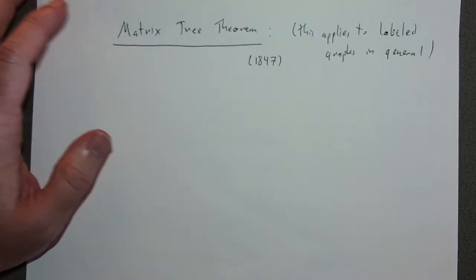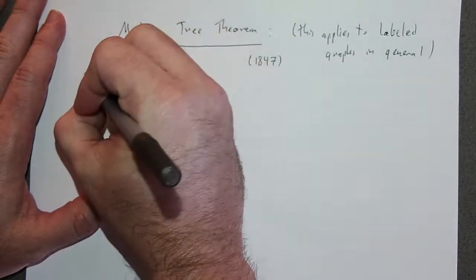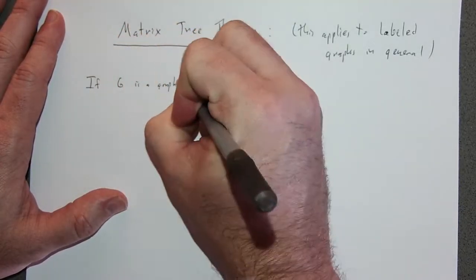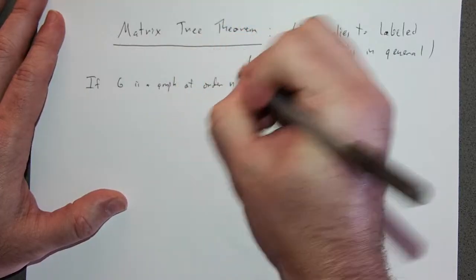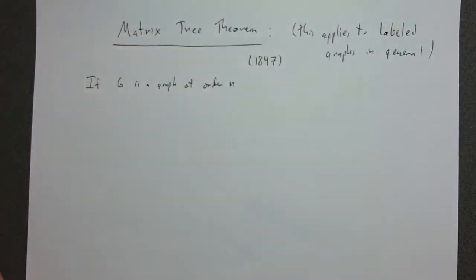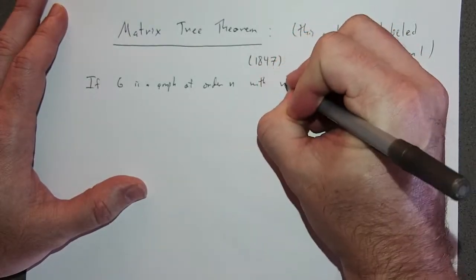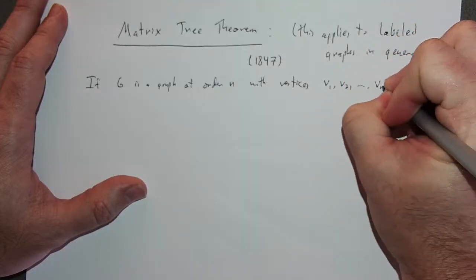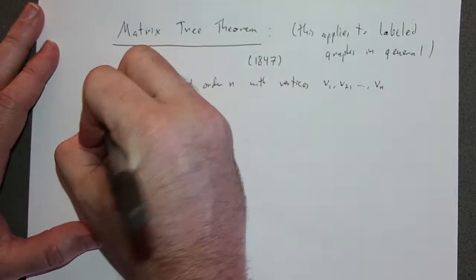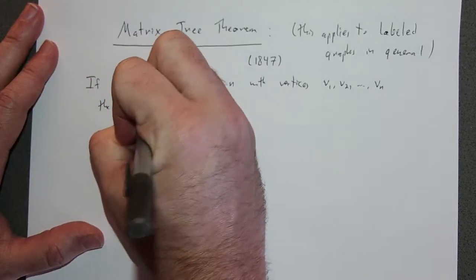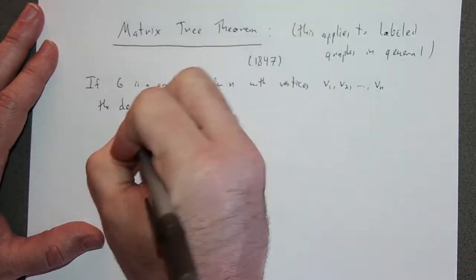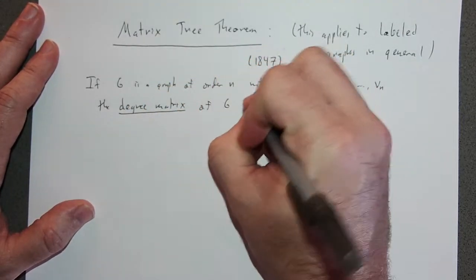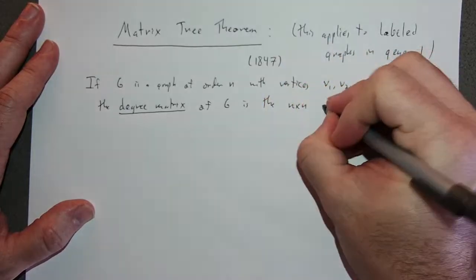But let me define: if G is a graph of order n with vertices v1, v2, and so on out to v sub n, the degree matrix of G is the n by n matrix